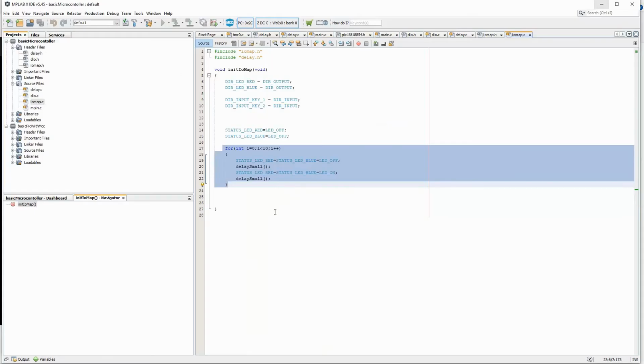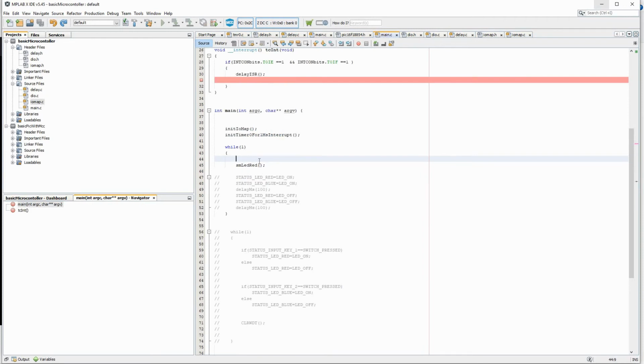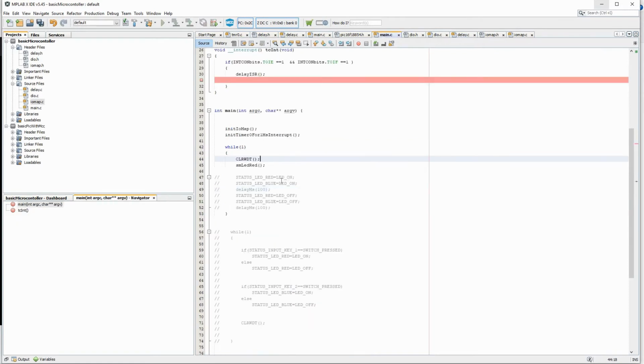So now let's see if we have clear watchdog timer. We don't have clear watchdog. Last time what happened, we had our delay millisecond, and the delay millisecond itself had the clear watchdog timer, so we were not calling it separately. Now since we don't have a clear watchdog timer, it was getting into state machines doing the required thing.